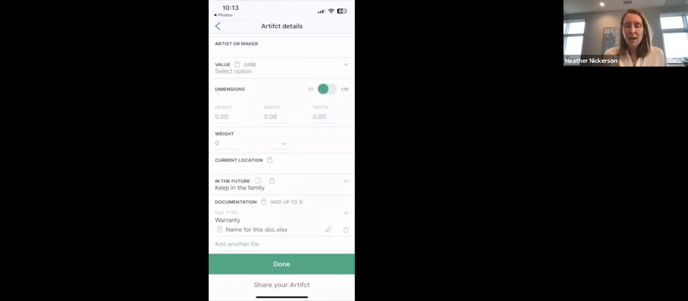One important item to note is that you see the padlock both within In the Future and Documentation. This means that even when you choose to share this artifact, these items will stay private to you unless you give the viewer full control. And this was important to us, that if you're deciding what you want to happen to this item in the future, or you're uploading a receipt or a certificate of authenticity, maybe you've got this beautiful Picasso hanging behind